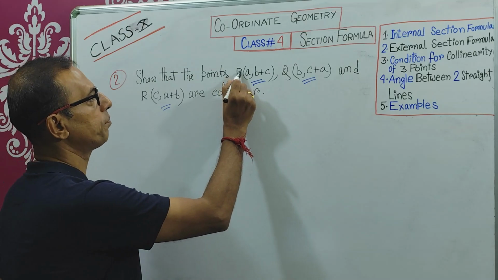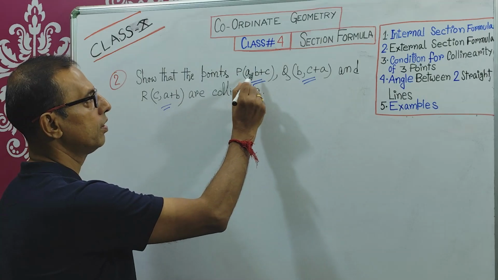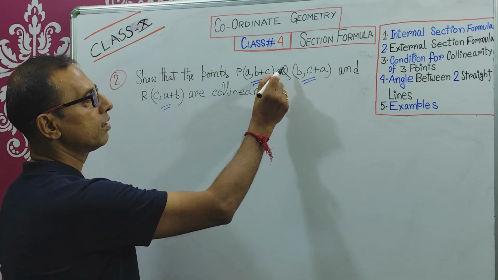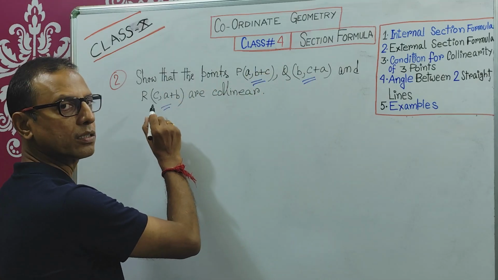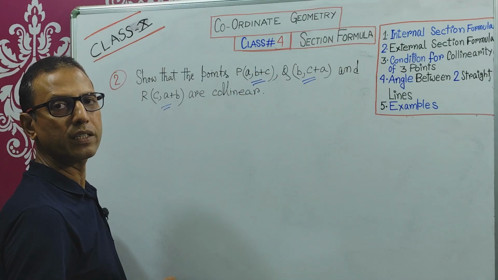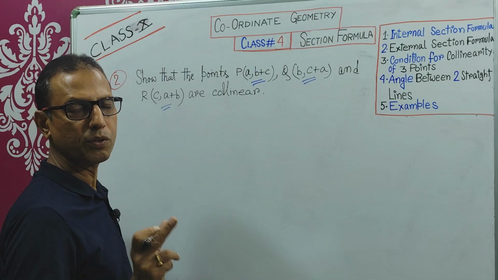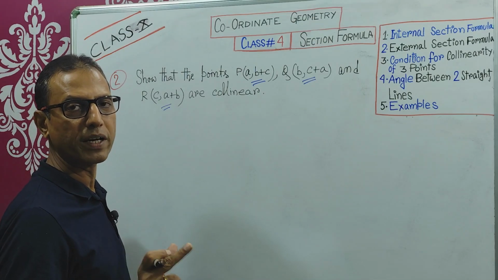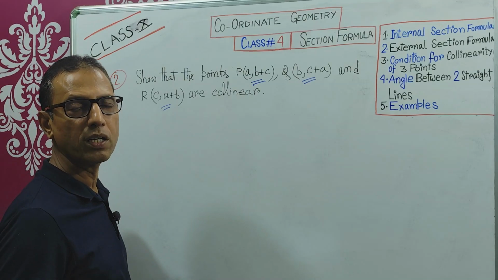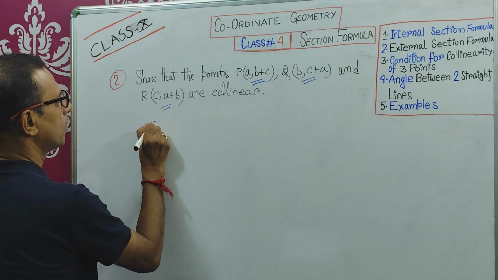If you take the gradient, the slope of PQ, the adjoining line of PQ, and the slope of QR, if these two are equal, then these 3 points are collinear. So for any 2 points, if you find the slope of the line joining them, and these 2 slopes are equal, then these 3 points are collinear. So let's say for PQ,